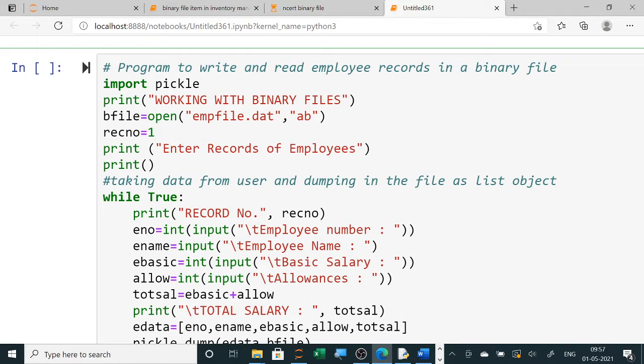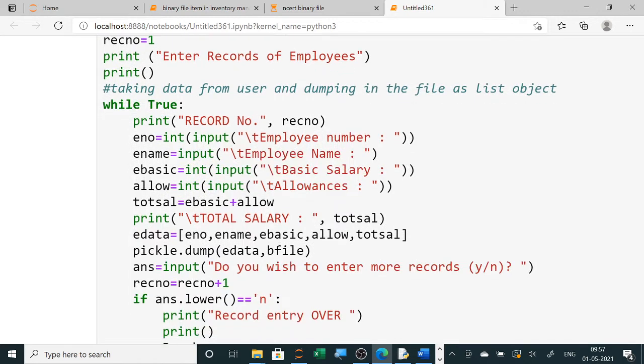Then how to take data from the user and dump it in the file as a list object. So we will create a list object and dump it in this file only. Like here, emp file we have opened in append mode, so in bfile we will dump it. Here we take data from the user using the input built-in function. You can use while True here.